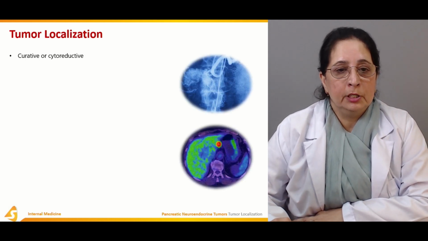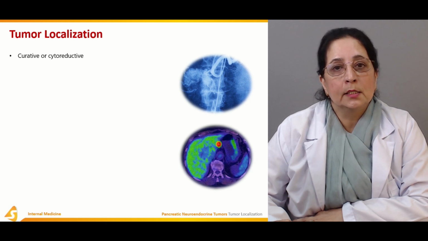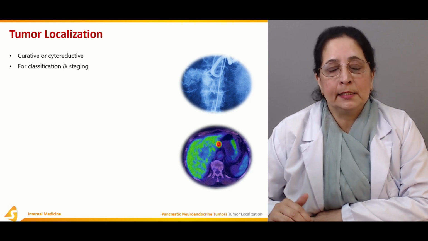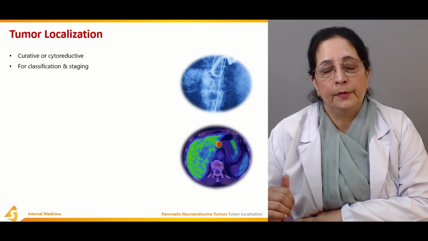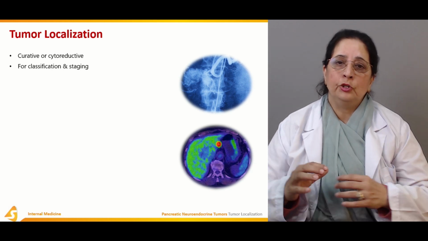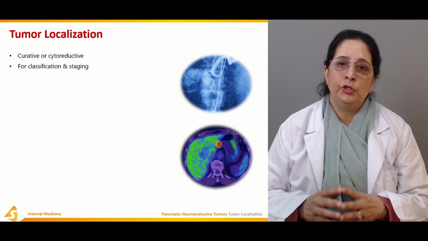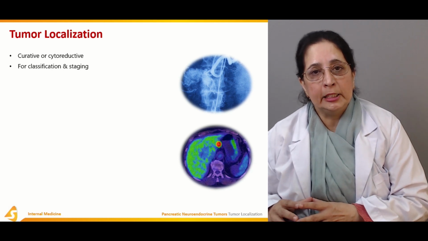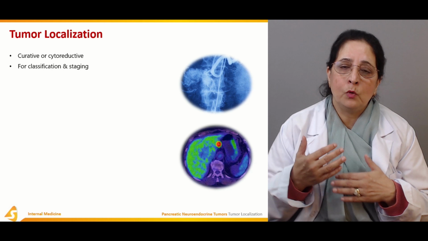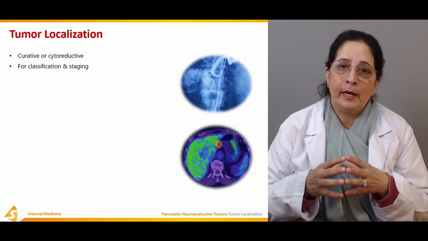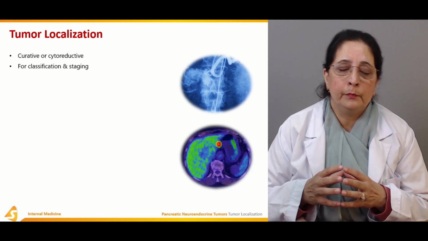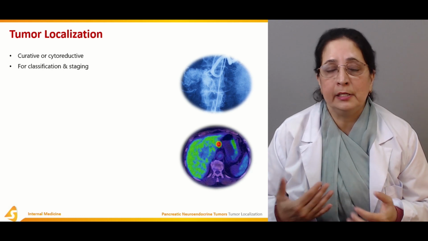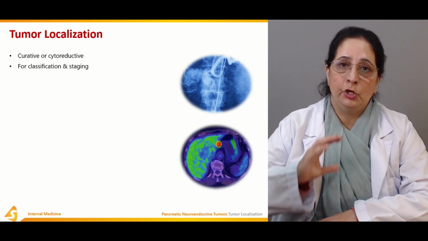Tumor localization, curative or cytoreductive. It's important for the classification and the staging of the tumor. It's very important that we know the location of the tumor, the site of the primary tumor. It's used for staging and classification to find out at what stage the tumor is, how good or poor the prognosis will be, and for the curative or cytoreductive treatment options we should know the